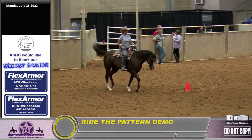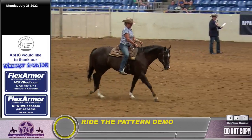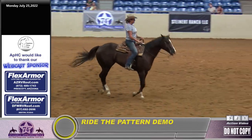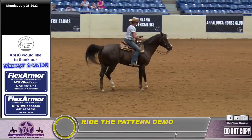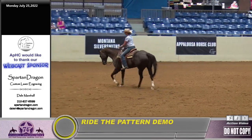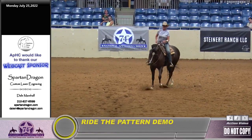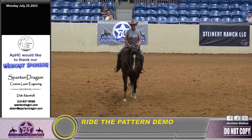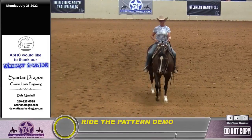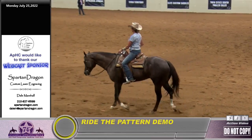and then pick up the right lead lope in a straight line. We can do a simple or a flying, and after we do the simple or flying, we're going to lope a little bit further and do that 3/4 left circle. We know where she's supposed to be going. Now she's going to close that and extended trot across the arena. Trot extended with authority all the way across, collect, and then begin your 3/4 circle to the right, facing up the arena. Once you complete it and it's facing up the arena,